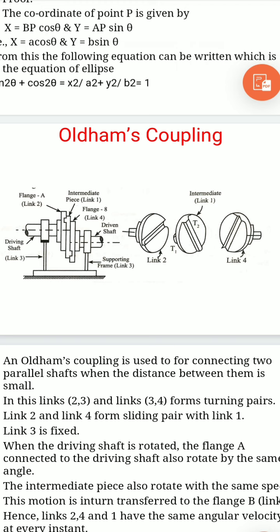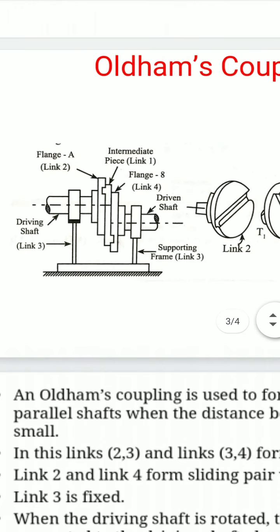If you see in the sketches here, links 2-3 and links 3-4 form the turning pairs, because whenever we talk about double slider crank chain and its inversions, there should be two turning pairs and two sliding pairs. So links 2 and 3 and links 3 and 4 form the turning pairs in this, and link 2 and link 4 form a sliding pair with 1. That is, link 1 and 2 form a sliding pair, link 1 and 4 form a sliding pair, as link